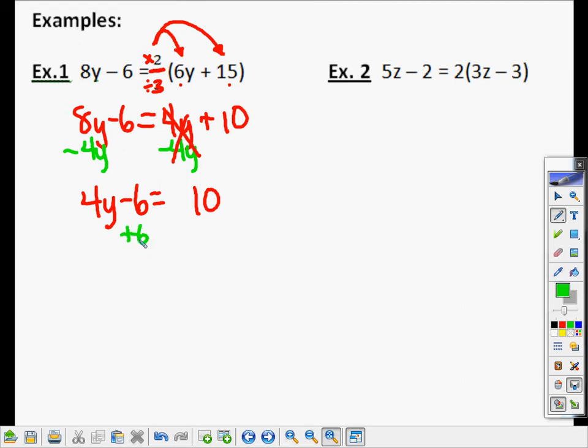We should add 6 to both sides. After adding 6 to both sides, the equation becomes the equivalent equation of 4y is equal to 16, and the result of that needs to be divided by 4 on both sides to get the answer, so that we can have 4 divided by 4 turn into 1. 1 times y is y, and the only thing we have left on the right side is